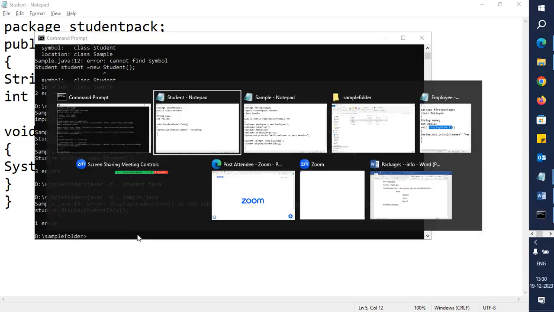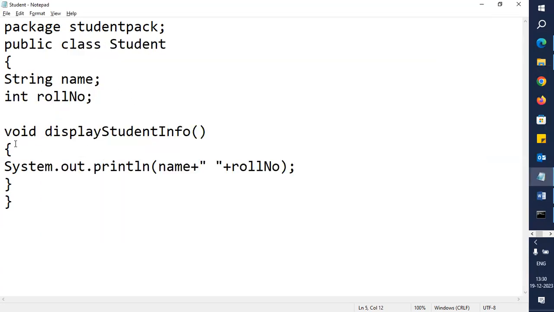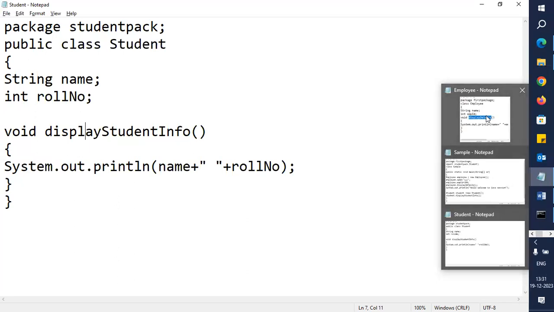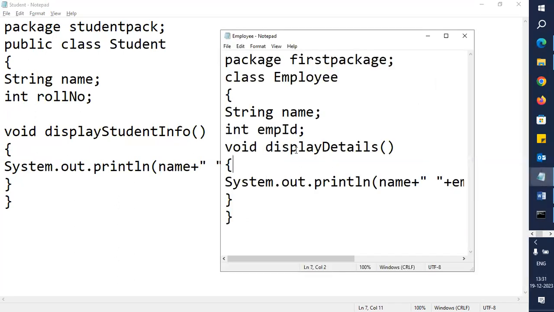Again, just now I told you, if you want to access the information from one package to another package, whether it is a variable, a class, or a method, it has to be public. So right now you can see displayStudentDetails is default. We cannot access this outside the package, but that time we accessed the Employee in the sample, and in the Employee you can see the displayDetails was default. The class was also default, displayDetails was also default. It didn't give me any error because